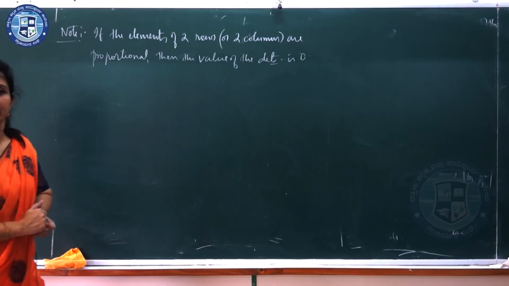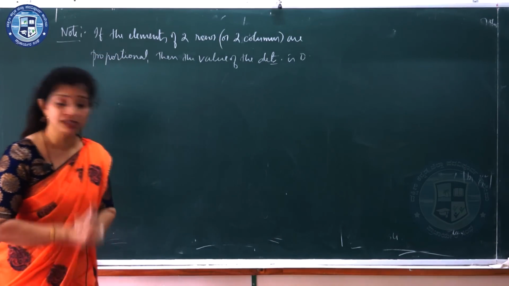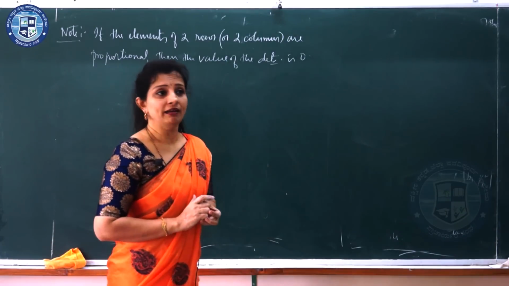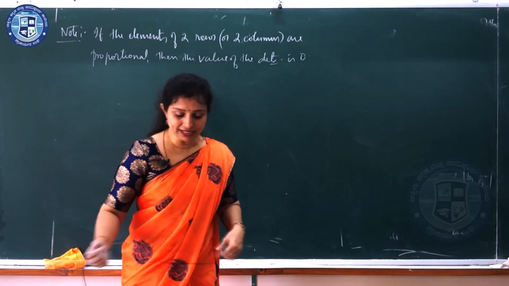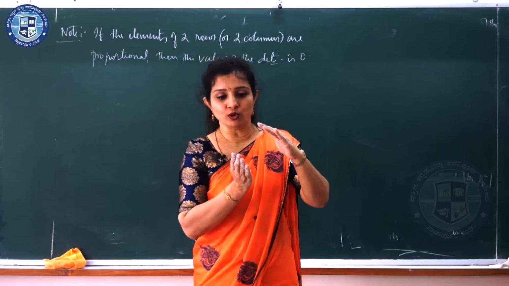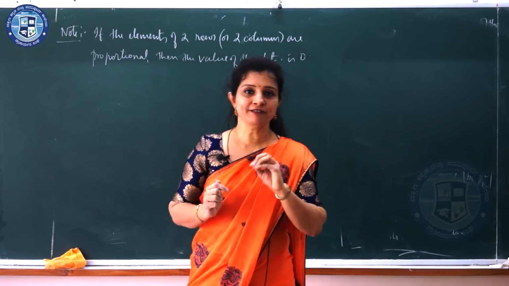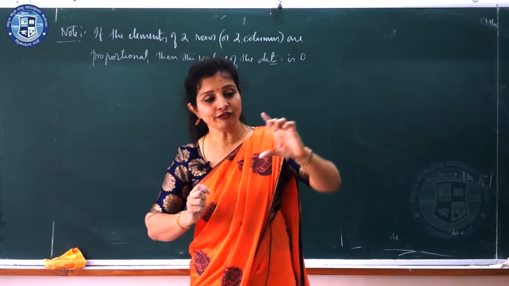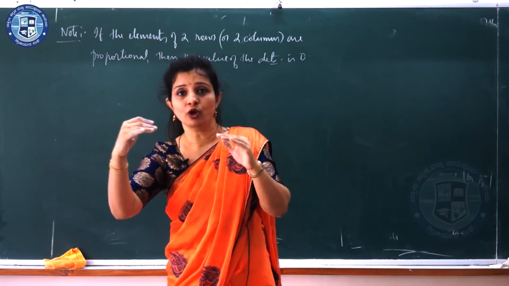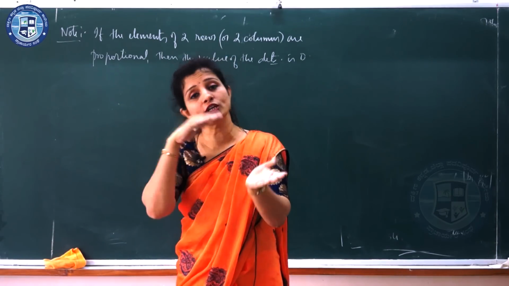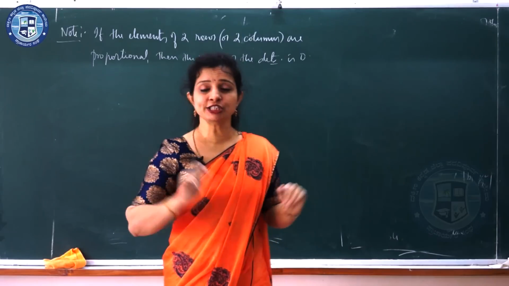Just a note. Now we go to the sixth, last property. The last property is also very, very important. Most of the problems we solve using this property. It states, very simple students, that if you add up two rows, the determinant value remains the same. Even if you add the two rows and write it in one row, or even if you add two columns or subtract two columns, the value of the determinant remains the same. There won't be any change.